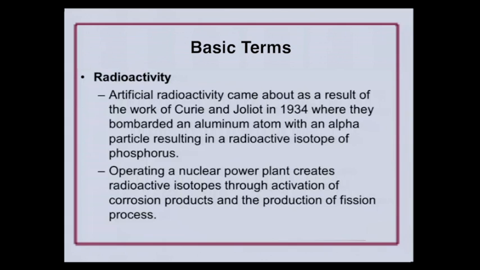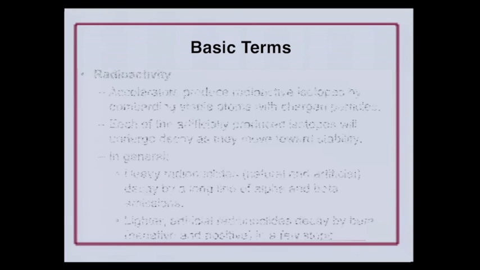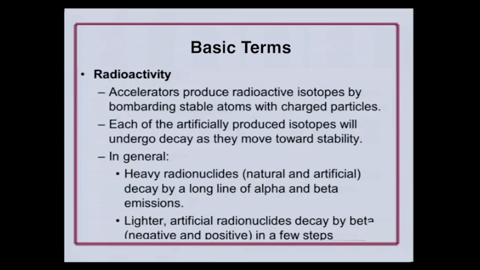But it also is the production of fission products, a byproduct of the fissioning reaction which we use to make electricity. Accelerators also are a source. They bombard stable atoms with charged particles, activating them, and they become radioactive. Some of this is done for medical research, some of it's therapeutic,